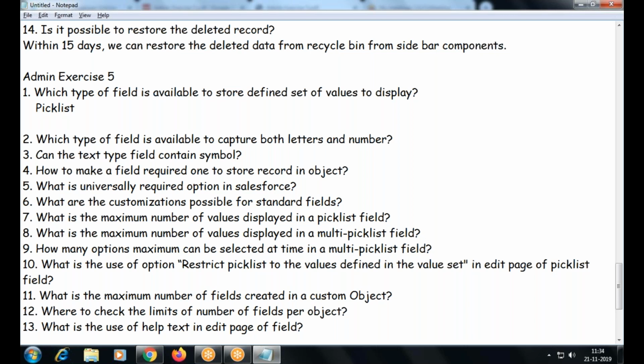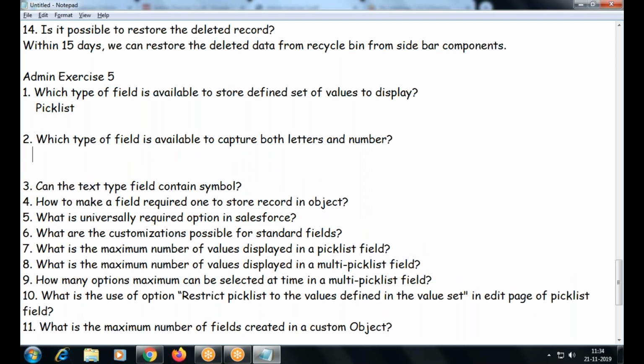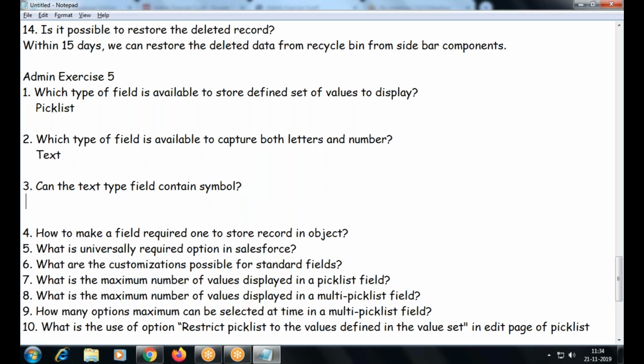Pick list type. What is this? Text. Text can capture both letters and numbers. It's possible. Simple is also acceptable.